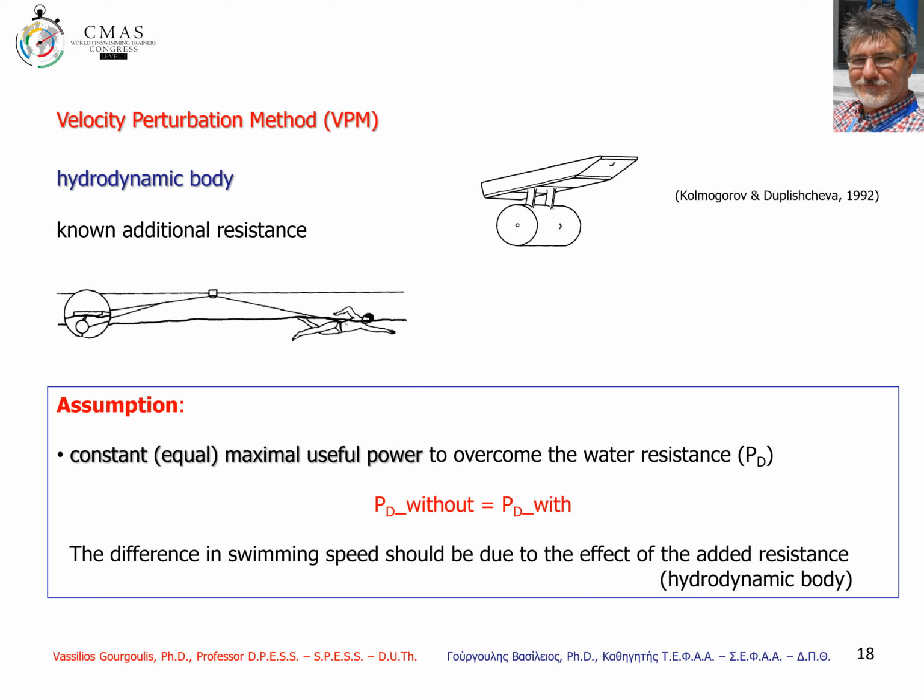This approach is based on the assumption that the swimmer is capable of delivering a maximal and constant useful mechanical power output to overcome the water resistance in both conditions, with and without the hydrodynamic body. Hence, the power output during swimming without the hydrodynamic body is equal to the power output delivered during swimming with the hydrodynamic body. Under this assumption, the observed difference in speed should be due to the effect of the known added resistance, and it becomes possible to evaluate active drag during free swimming